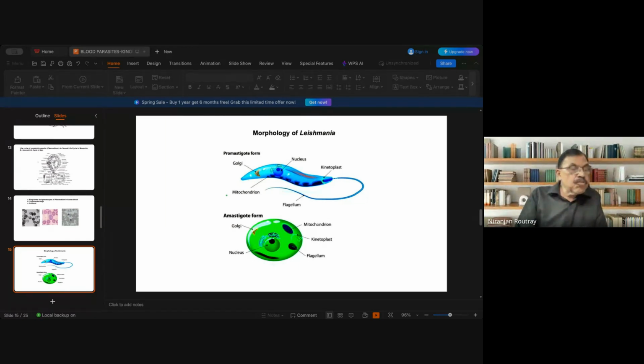The early stages of the promastigote form are short, pear-shaped or oval forms, because they enter from the human body into the body of the sandfly in a state where there is no flagellum. Subsequently, after development, they become spindle-shaped and slender, and increase in length. The kinetoplast develops, and the flagellum forms from this kinetoplast. After this development, they are capable of moving throughout the body.